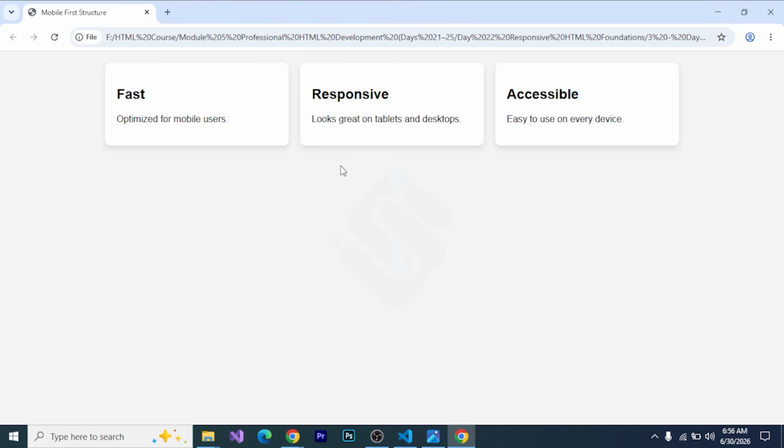So the same HTML works across all devices. Only the CSS changes based on screen size. So why is mobile first important? It gives faster loading on mobile, better user experience, easier maintenance, cleaner CSS recommended by Google, and improved SEO and